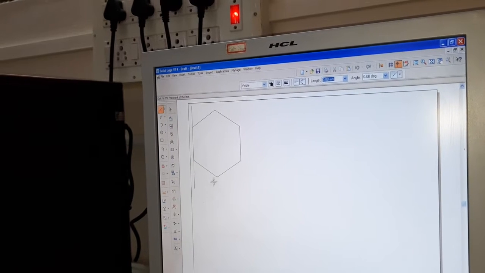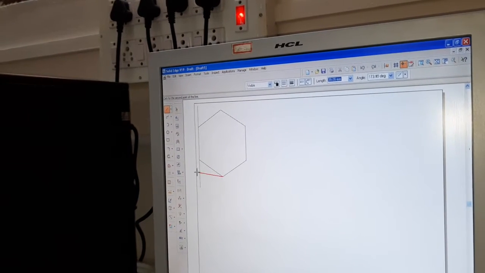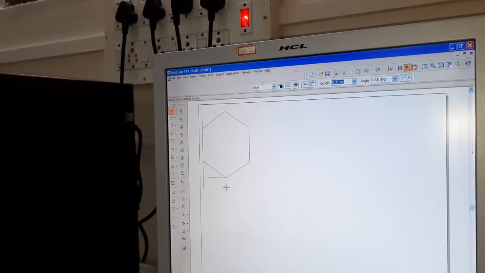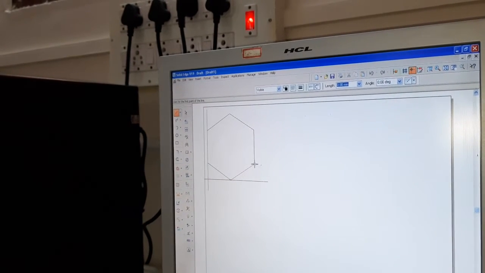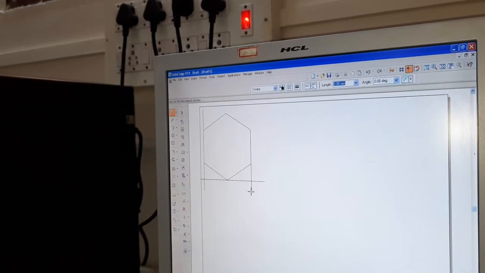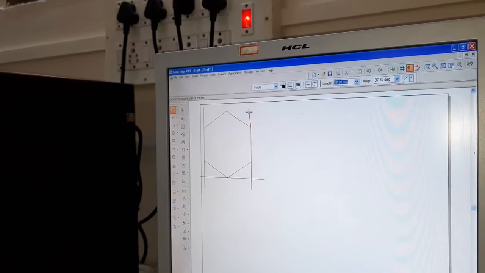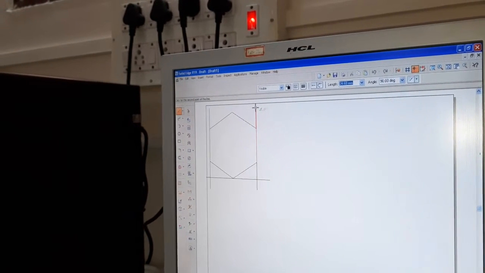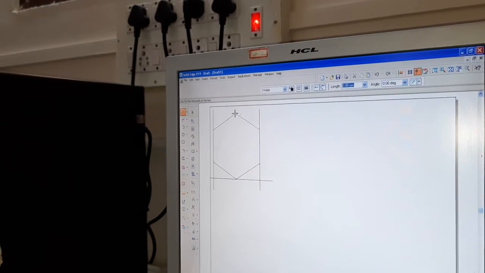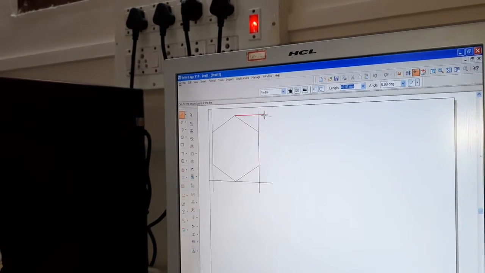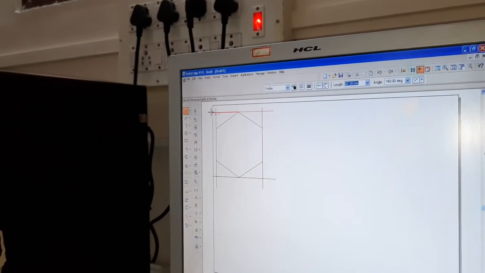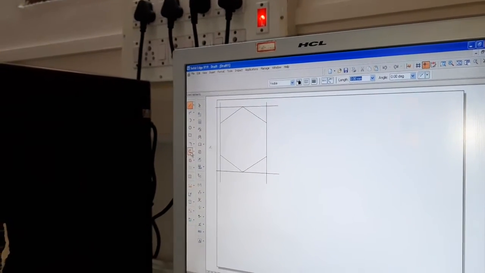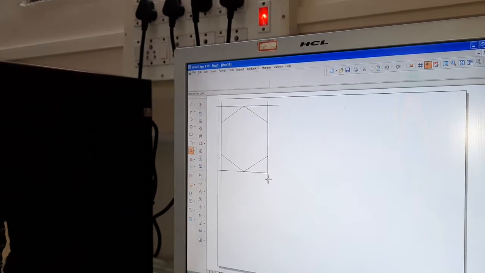Construct a boundary for the hexagon. So now we have drawn a boundary to the hexagon. Let us trim off the unwanted portion.